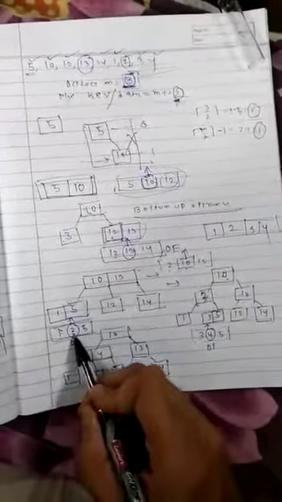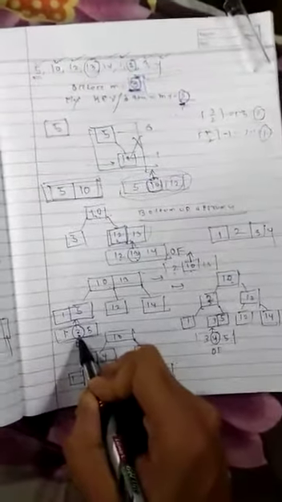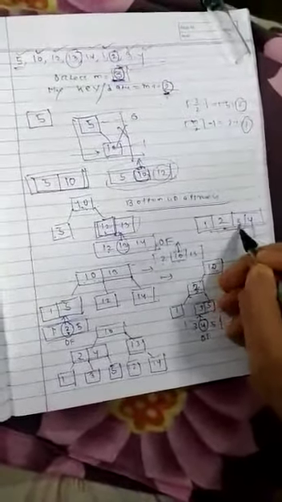Suppose an even tree is there like this: 1 2 3 4. In an odd number of keys you select the median, the mid value, and go to the upper level. But in the case of an even number of keys, if the node is full, then which key goes to the upper layer? Because there are two middle nodes.